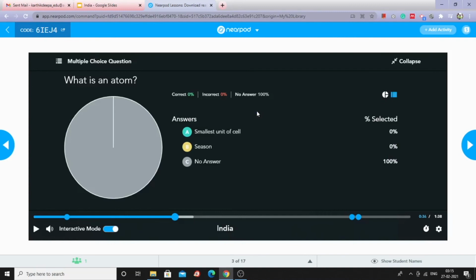So here is the question which I have added, which is not actually related. So what is an atom? Atom is the smallest unit of cell. So here comes one correct answer, and incorrect no answer. So actually once I attend it, it is showing the